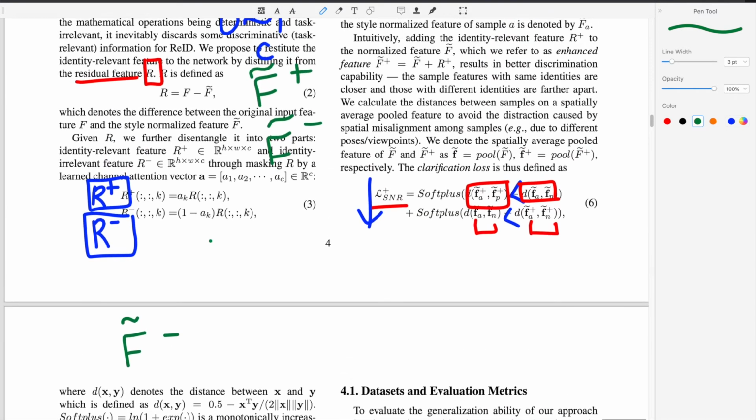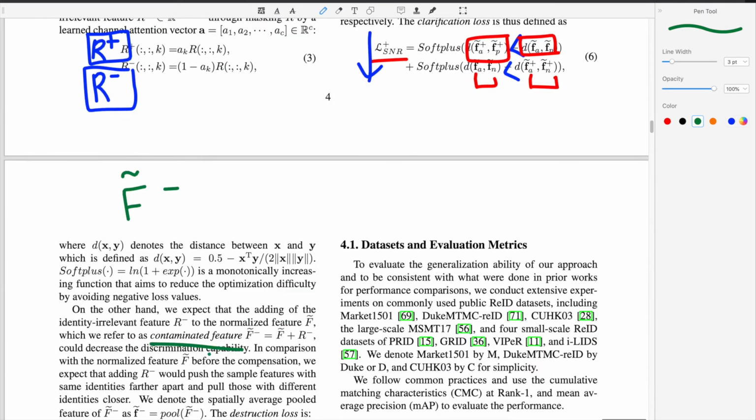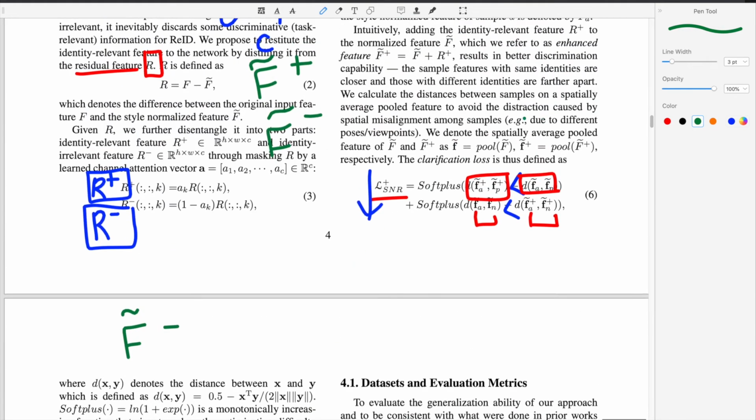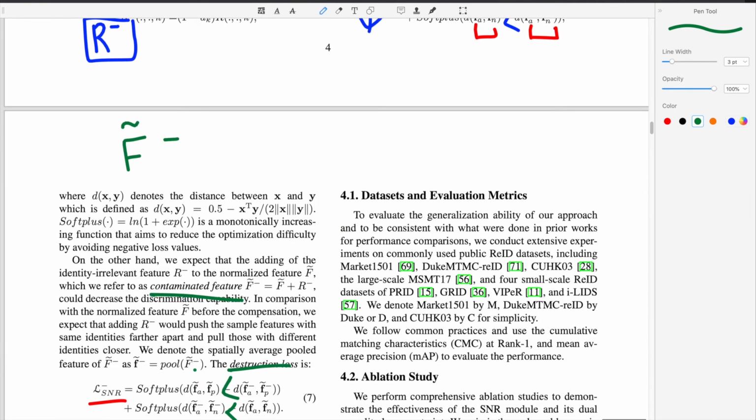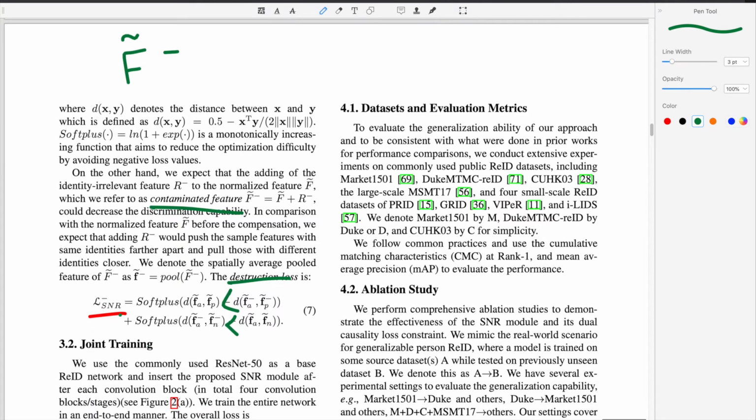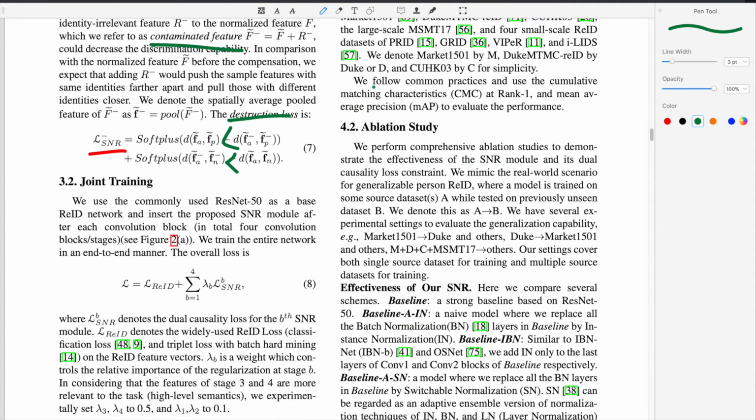So each of these loss terms plus SNR and minus SNR are called the clarification loss and the destruction loss. So by having these two loss terms together with a traditional ReID loss, this is basically the framework this paper suggests for this SNR module. So you can see like this. This is the